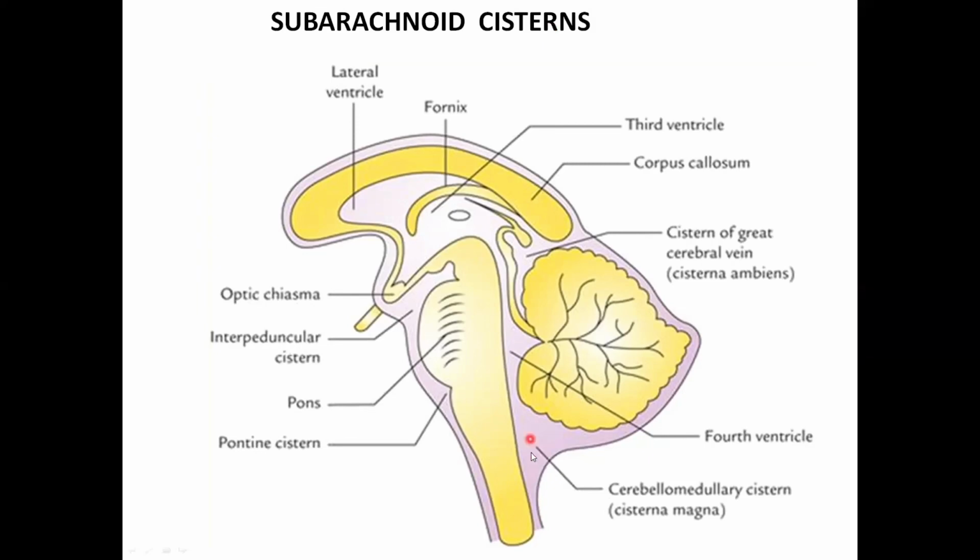Why does it happen? Because in these areas, the adjacent parts of the brain are a bit separated. And the arachnoid is going to bridge the gap between these two. And when the gap is more, this space gets dilated. These areas are called subarachnoid cisterns. Subarachnoid cistern is an important 5-mark question for you. You can see here the cisterna pontis, interpeduncular cistern, cisterna ambiens, cerebellomedullary cistern. Each of these cisterns has some important content in it. We'll be learning it later.